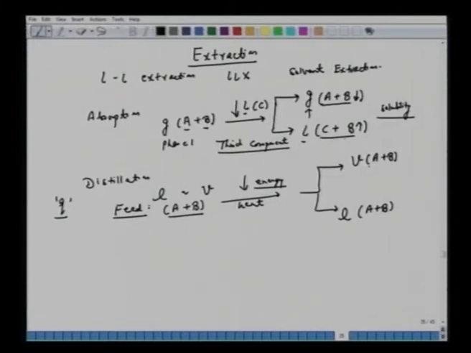In distillation, you have A plus B and A plus B, except here A is, say, more volatile, so A will be very large in the vapor, and in this case B will be very large in the liquid. So we have 99.99%. We saw those examples in the earlier class, and here we have this liquid which will be rich in B or very poor in A. What is the mechanism here? The mechanism is relative volatility.